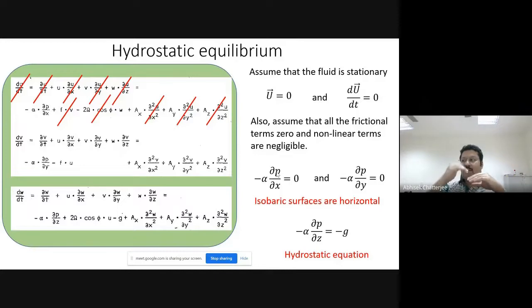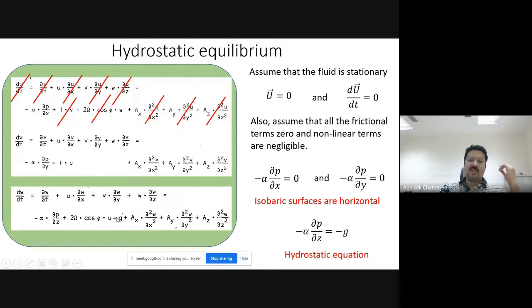That means the pressure at any given point of a surface, say I am at place A and there is another place B in the ocean, in both places the pressure is the same. So that means there is no elevation. It is basically flat in x, and similarly flat in y. So that means there is no sea level difference from one place to the other, like a still lake. That is what we are actually trying to find out, right? If there is no motion, the surface should be flat.